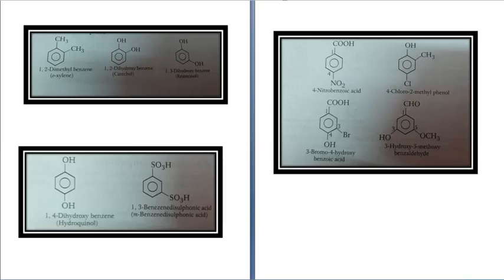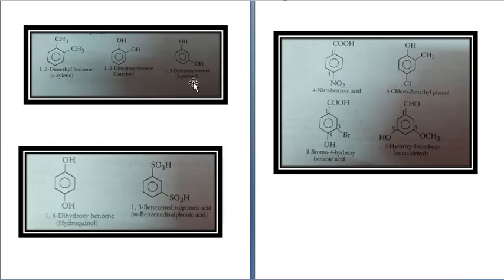Like this. If OH and COOH are added, COOH is on the top of the functional group table. So this will be numbered 1, then 2 and 3. So it will be 3-hydroxycyclohexane carboxylic acid. Carboxylic acid is on the top of the priority table. And if aldehyde is there, it is cyclohexane carbaldehyde.